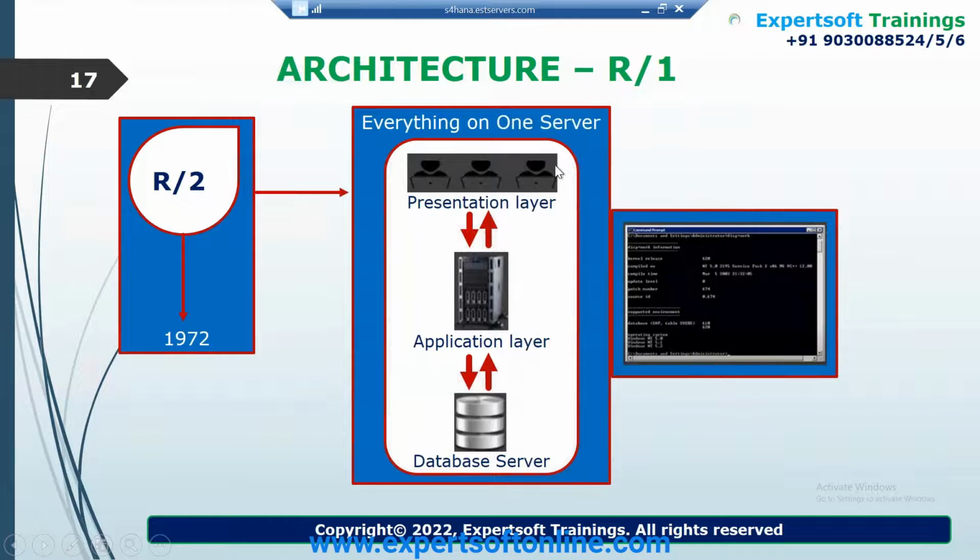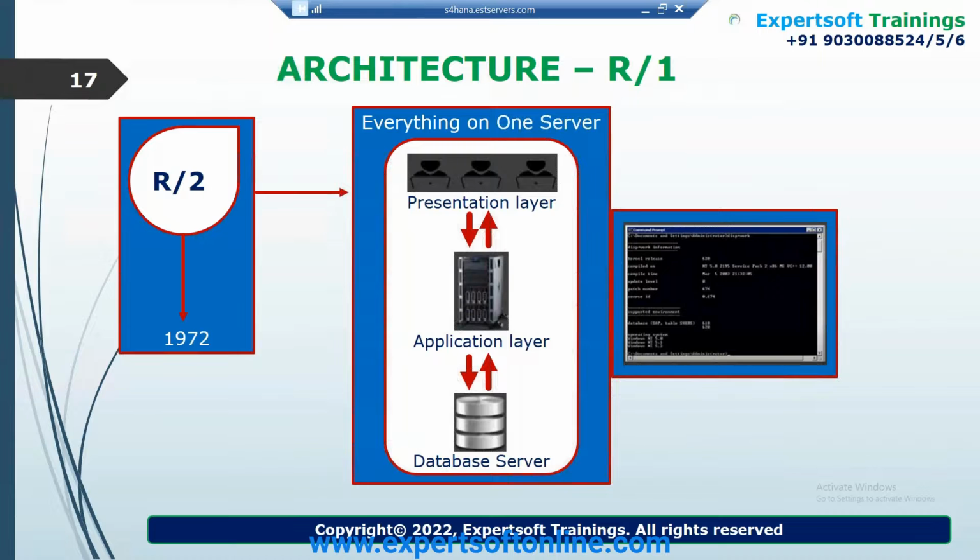So this is the reason they thought of differentiating these three layers one by one, and then they came with the evolution of R2, R3, and then S4. Earlier in R1, the SAP screen used to be this black screen. Are you able to see where I'm pointing with the pointer? Yes. So this used to be the black screen in R1, and this used to be one box. So there was difficulty of managing and difficulty of knowing where the issue has occurred.